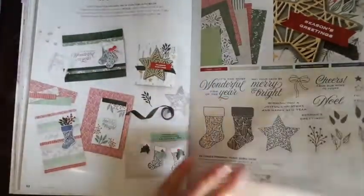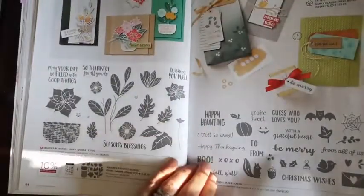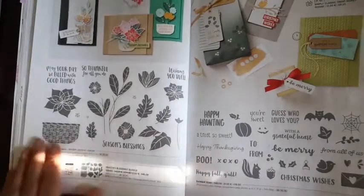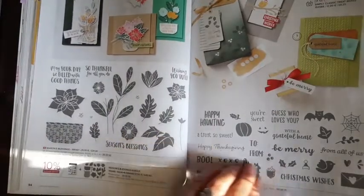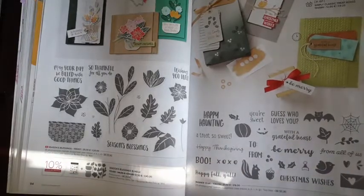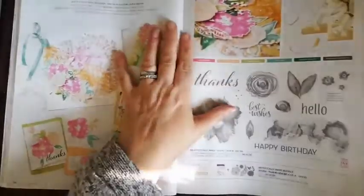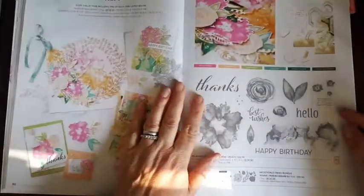Tidings of Christmas. There's always Christmas in the annual catalogue, but I won't focus on that too much, because let's face it, we're a way off Christmas yet, but they are there. So if you are someone that likes to get your Christmas cards made early, perfect time to maybe update your Christmas ones. So on the front of the catalogue, what they've really focused on is this Expressions in Ink, and